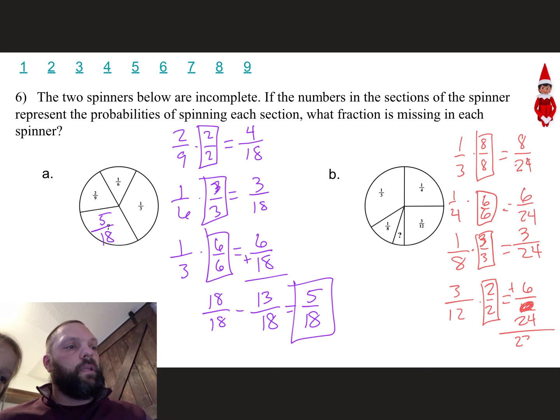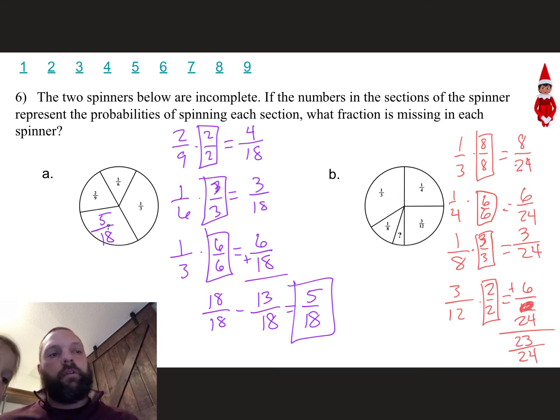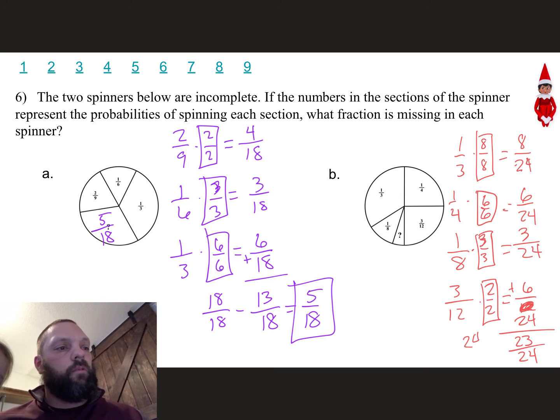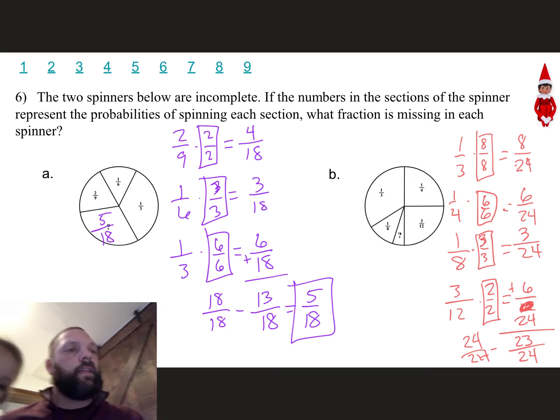Plus 6 is going to give me 23 over 24. And then remember it has to equal 24 over 24. So if I subtract that, it's going to give me